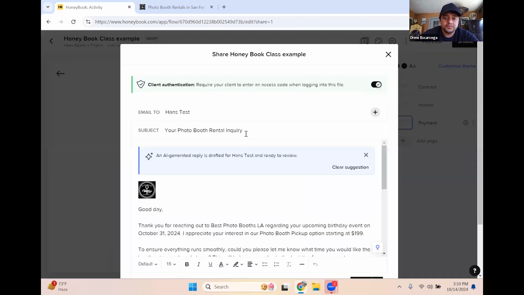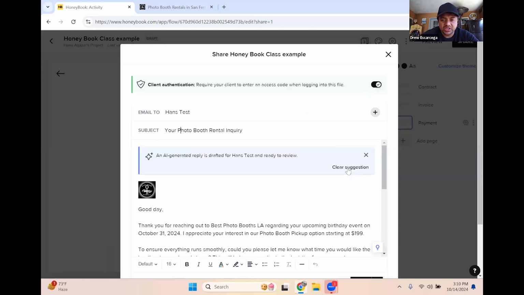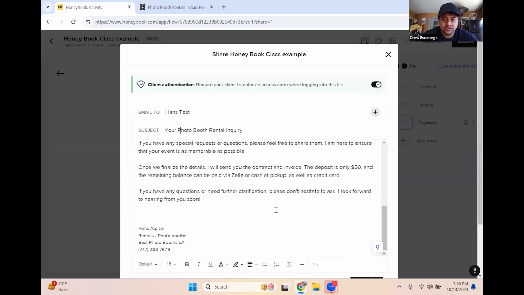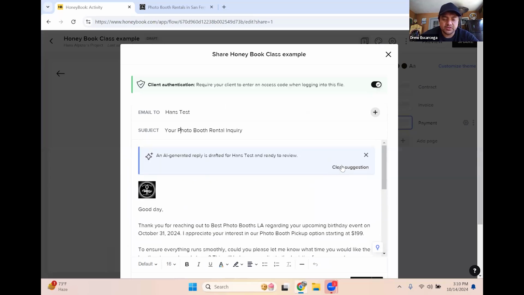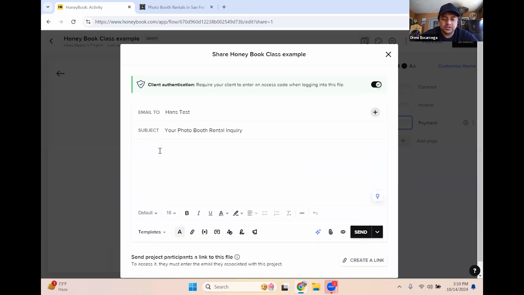And then it does AI reply, but I haven't been digging their AI reply lately because they changed it. It doesn't let you choose availability or make it nicer. It used to let you do a lot of things. They kind of dumbed it down and I don't like it. So I usually just clear the AI reply and put something like, hey Hans, or let's make it more formal. Hello Hans, this is blah blah blah blah